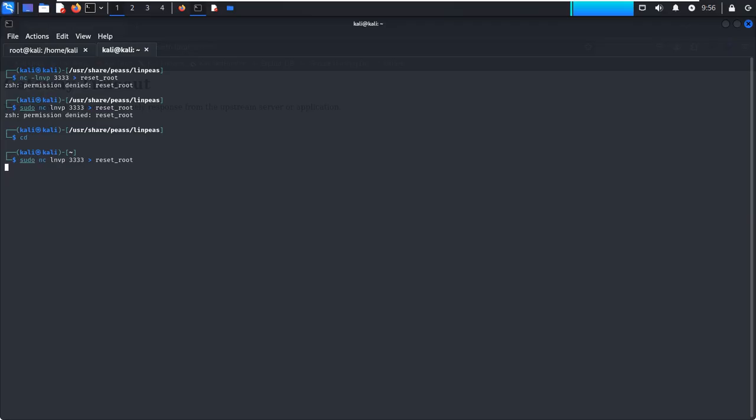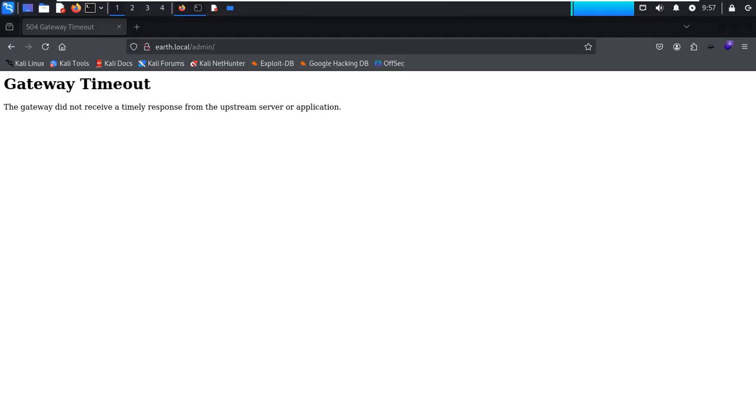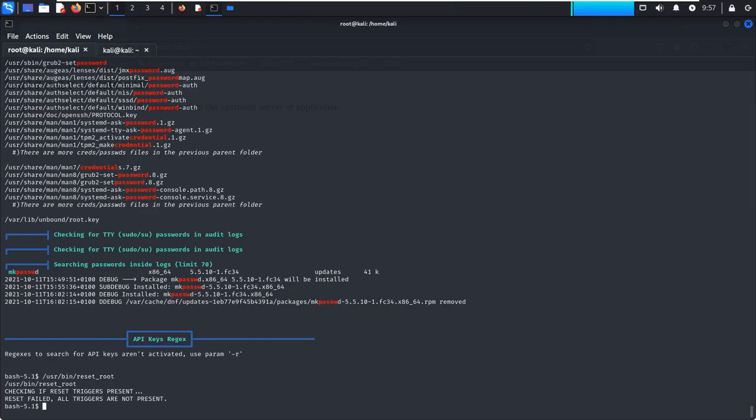So now what's happening is that netcat is going to be listening on port 3333, and whatever it receives, whether the connection or the file, it's going to export it to a file that is going to be named reset root. So now let's go here, and what we're gonna do is cat that file, reset root, and we're gonna put it